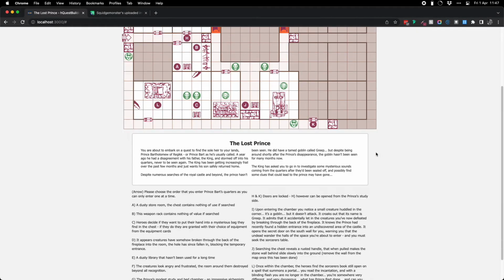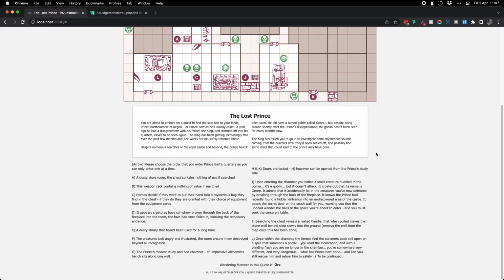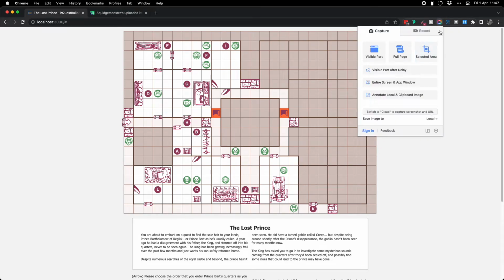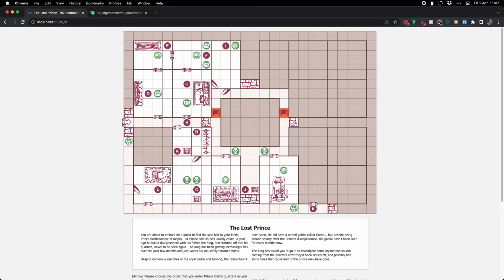The reason I've done this is that you can actually use relatively easy kind of screen capture software. So I use something called, what is this thing called? It's hovering over it and not getting anything. Awesome Screenshot within Chrome. And that will actually enable you to capture the whole of this, and then you can upload it to Reddit, or you can share it just as an